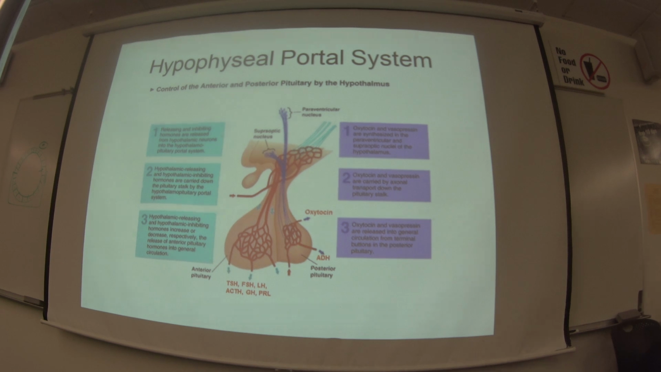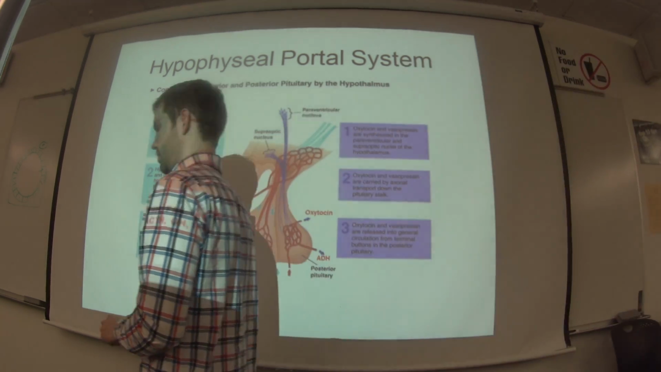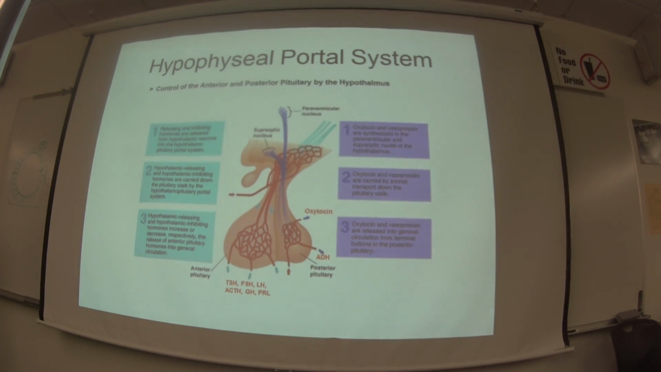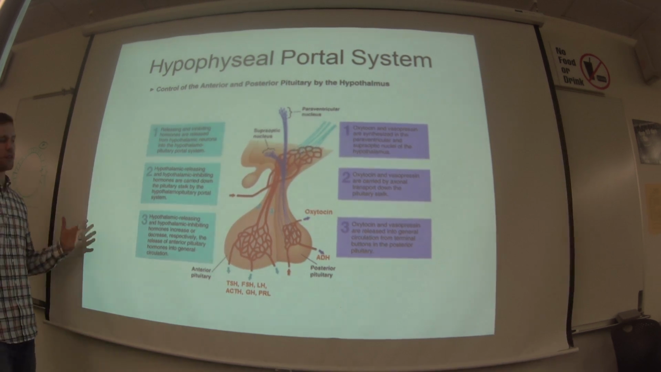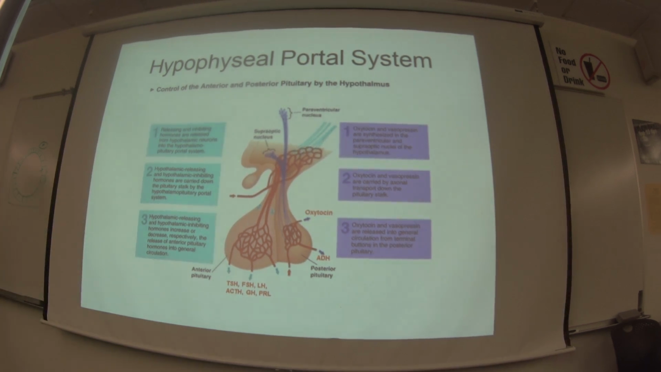and the hypothalamic hypophyseal tract. One's a tract and one's a portal system. And they both are involved in what this is. This is the pituitary gland. So we've seen this before. And if you looked closely at the sheep brain,